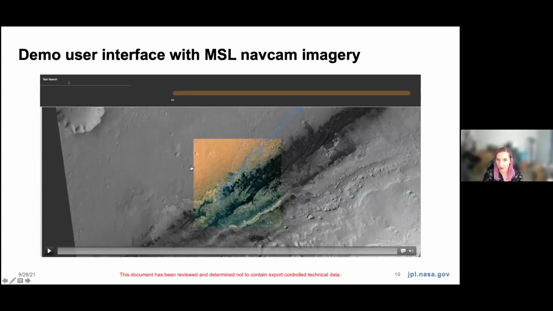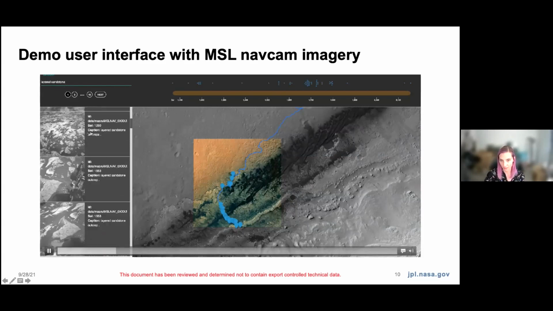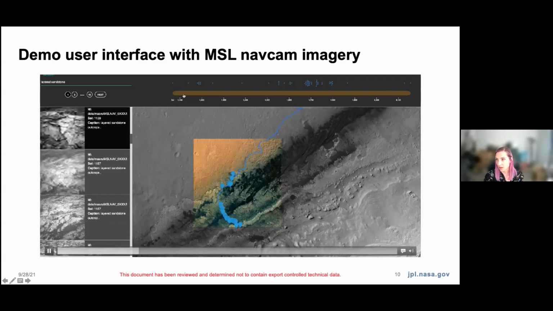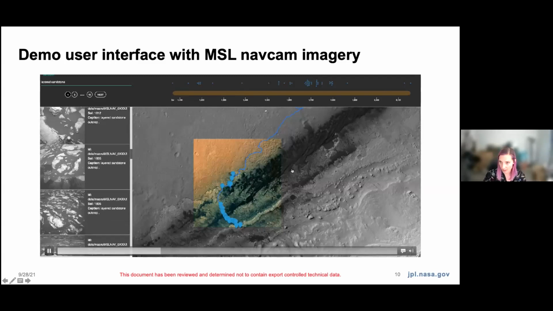And here I have a small demonstration. To go along with this, we built a user interface that would show how this might be used. This you may recognize as a map from HiRISE data, and then a user could input a query such as layered sandstone and get back all of the images that are layered sandstone. In this demonstration, we ran this on the whole of PDS, so many images come back